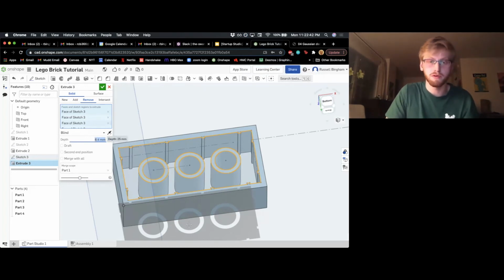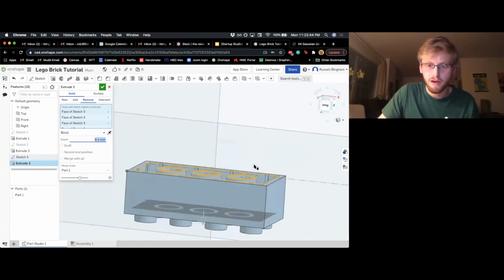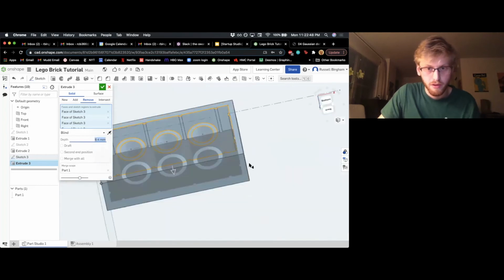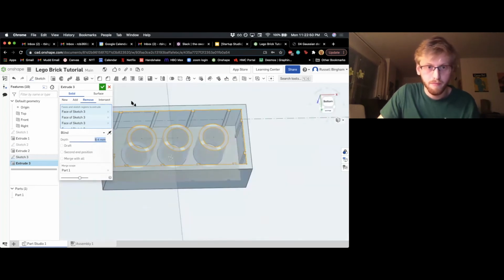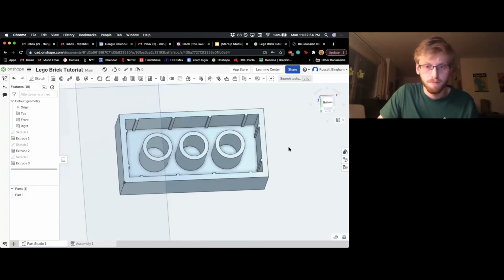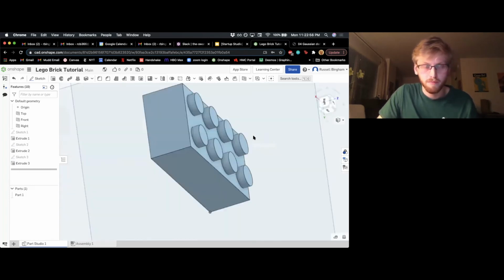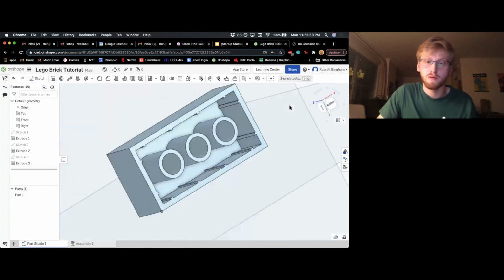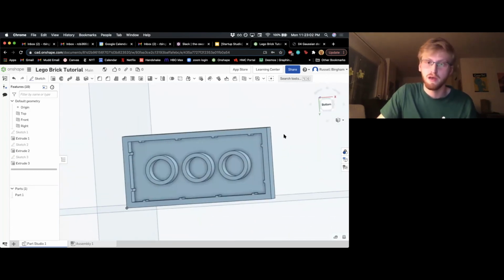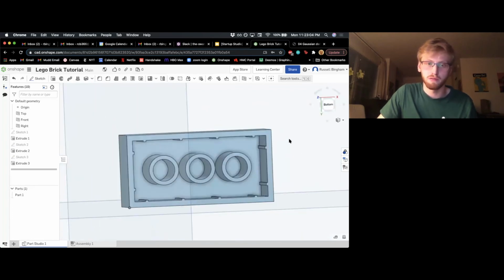8.4 millimeters. And you can see the plane it's going to extrude that to. And so it's got that bottom bit there. So to finish this extrude, click the green check, and there you go. You've got the hollowed out Lego brick. So you could 100% print this right now, but just to be complete and to show something,